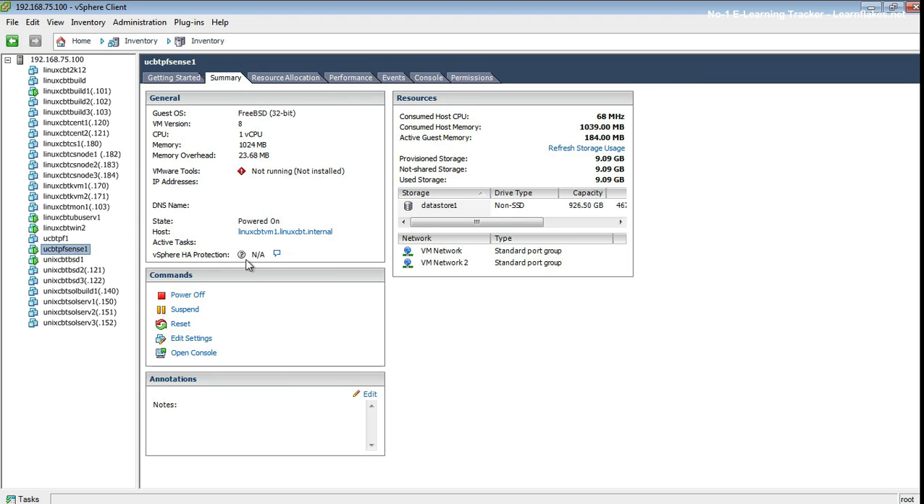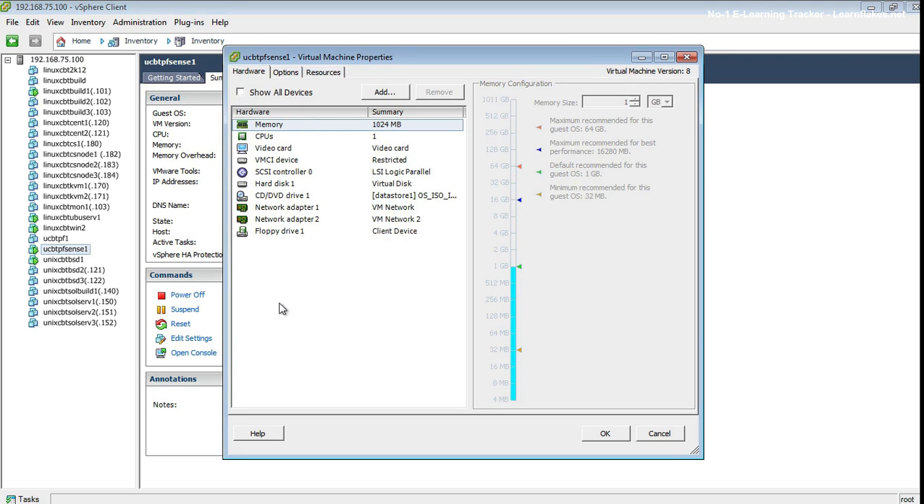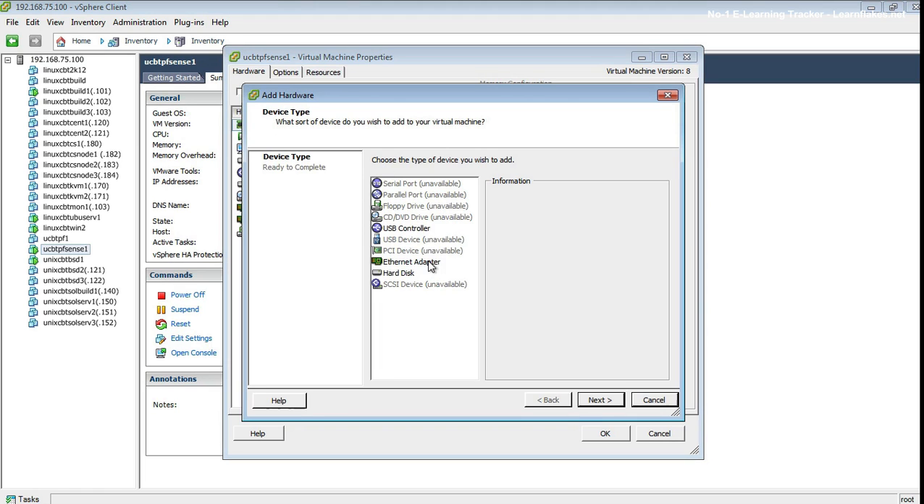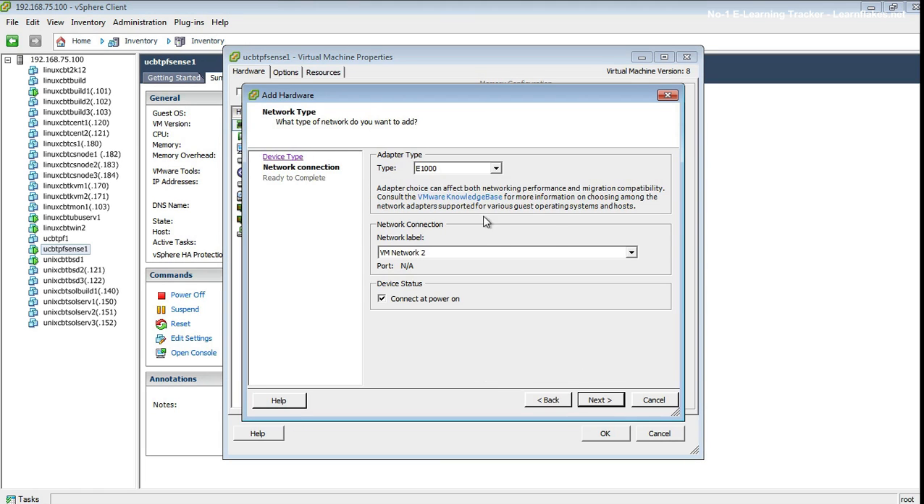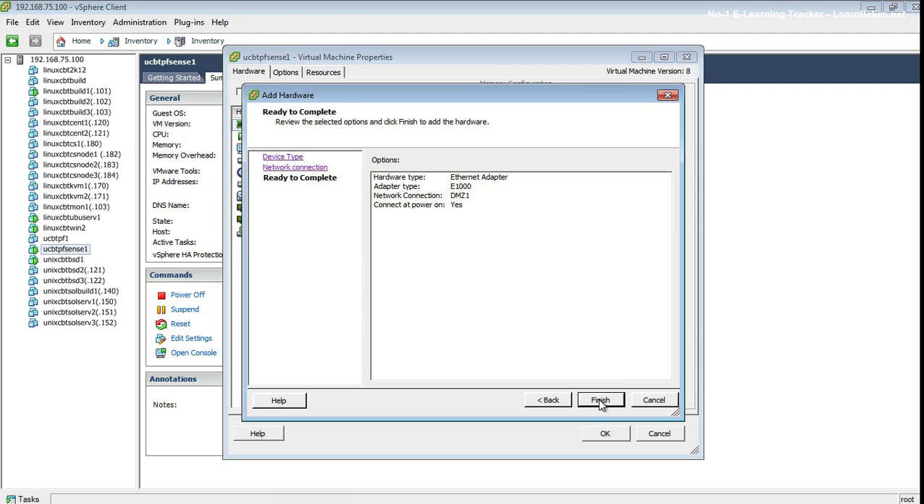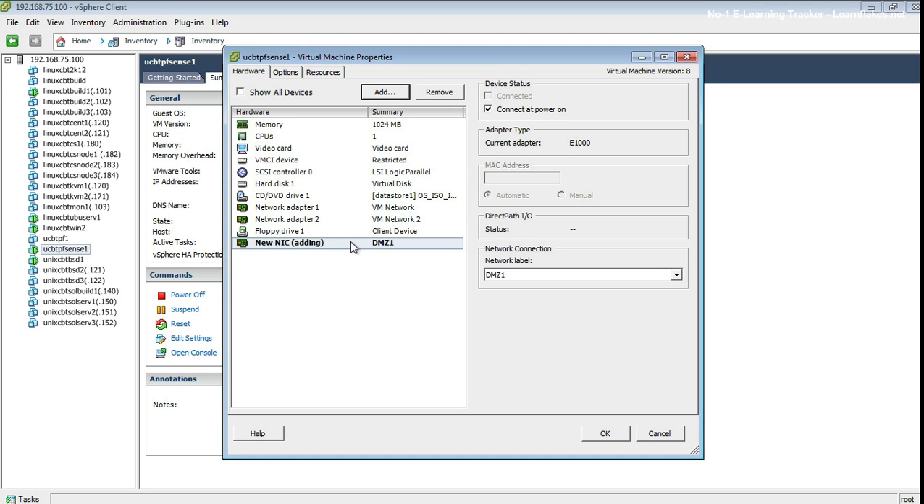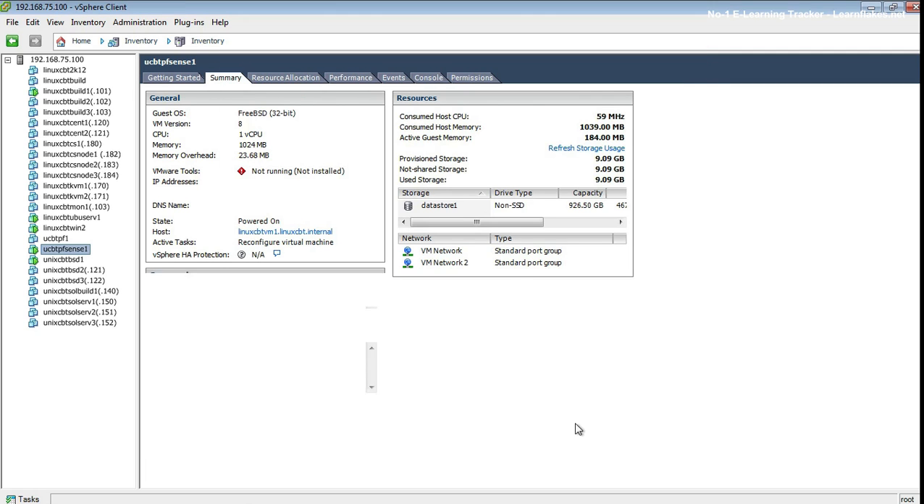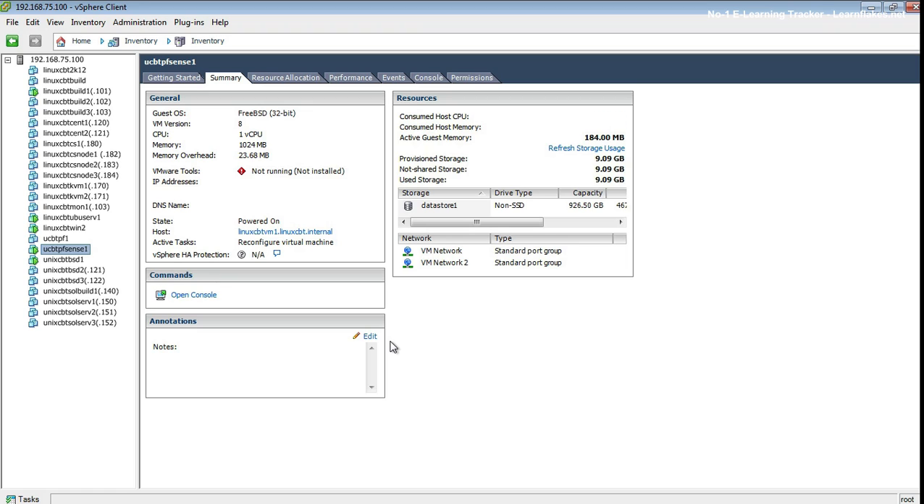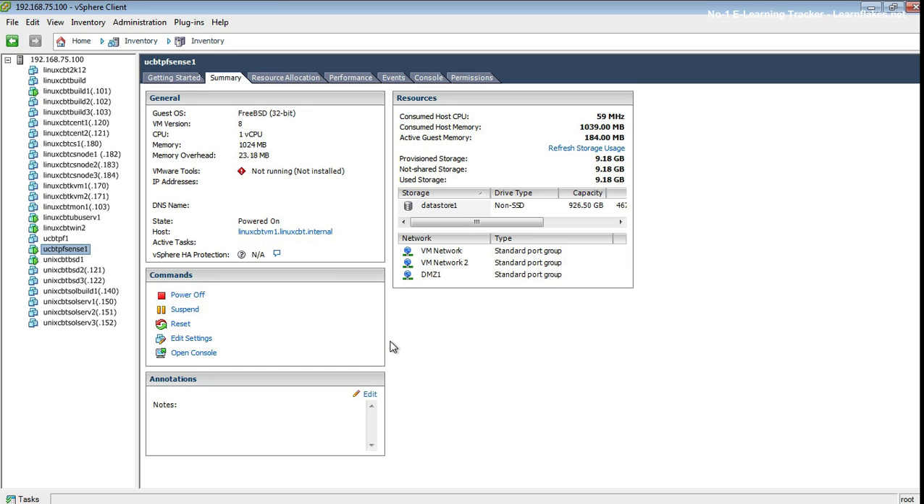So from UCBT pfSense 1, we want to edit the settings and add a new NIC. It's going to be network adapter number 3. Everything's based, of course, on the E1000 driver, which is compatible with BSD, Linux, etc. So DMZ1, connected, power on, and that's a new interface. That's simple. Now, whether or not the operating system detects it on the fly remains to be seen. Sometimes you'll have to reboot in order for the interface to be picked up. So that's DMZ1. Well, of course, we'll need another NIC